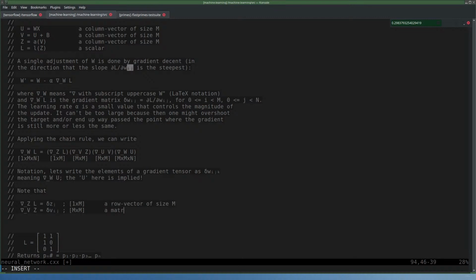So a matrix. This shape mxm. I just wrote that down, but yeah. And then we get this one. We write that as delta u